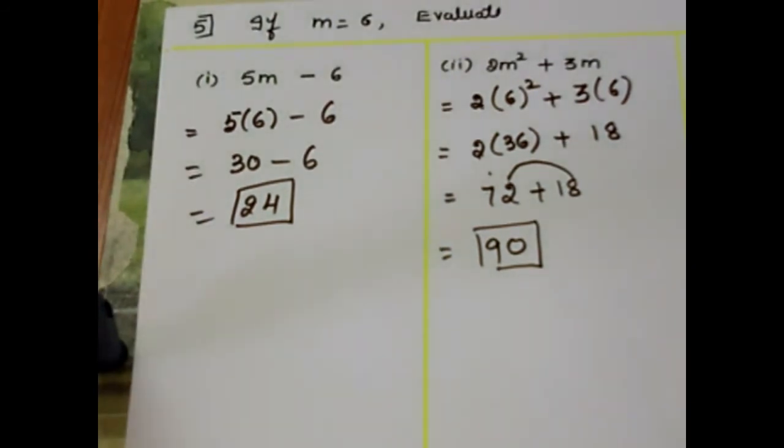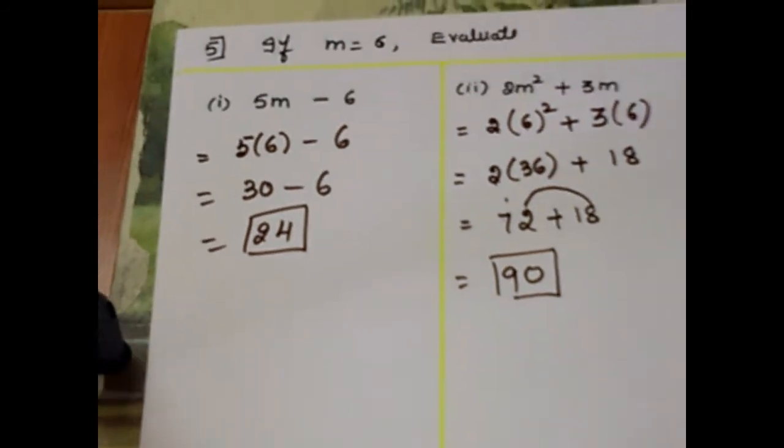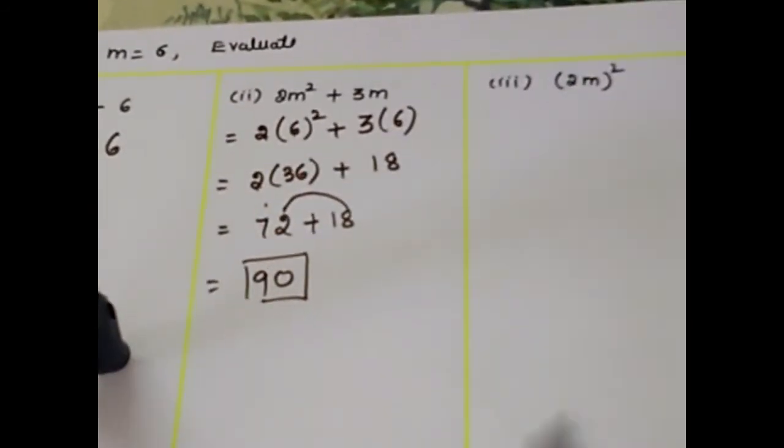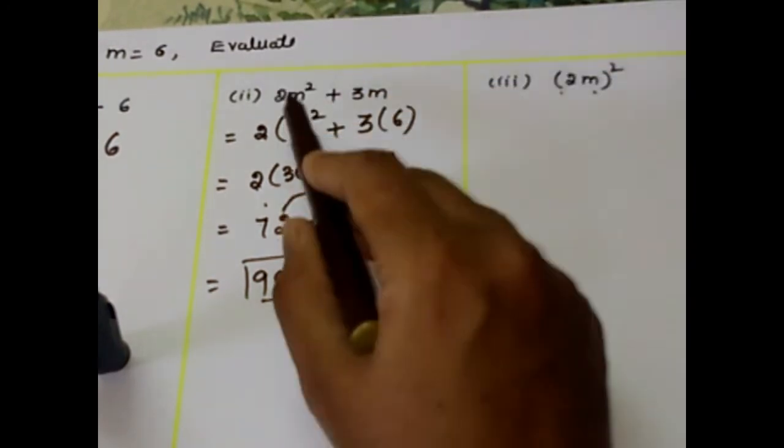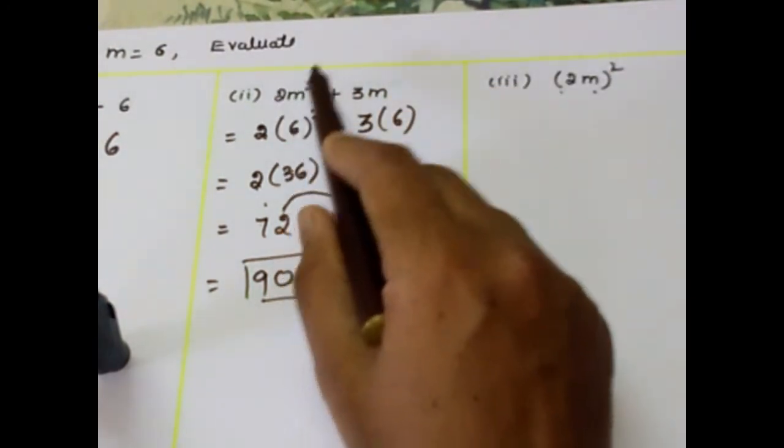See, in the first problem we had x square. Now we got 2m square. I hope now we have got how to solve this. So substitution is very important, and look at the question, how it is and how to simplify it in a very different manner when the position of the square is changed from question to question. Why? Because look at the next question itself. What is the question? 2m whole square. Question number 2 was 2m square.